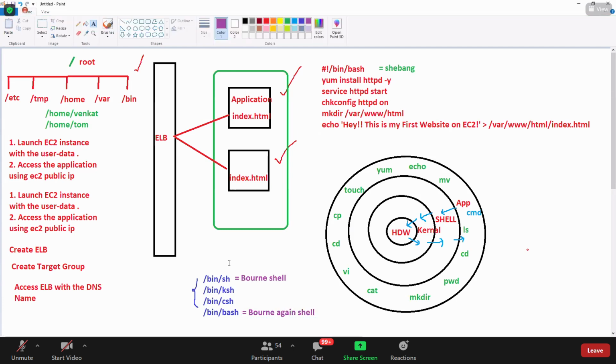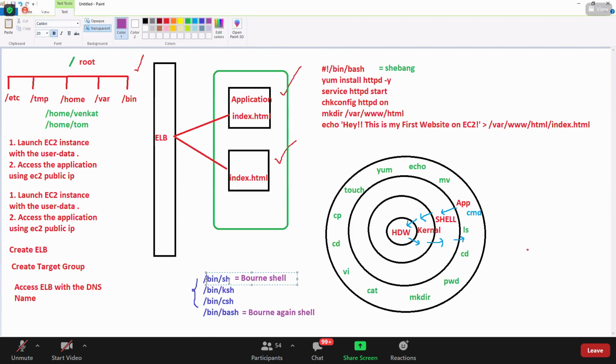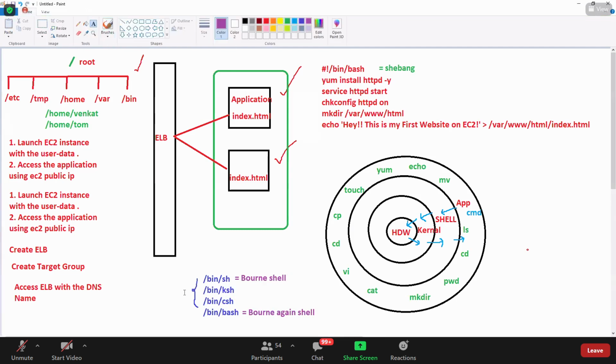If you ask me the differences between SH shell, K shell, C shell, etc., nothing. These are all the improvements, basically. In SH shell, you don't have a few features. In K shell, you have some features. In C shell, you have more features. In Bash shell, you have all the features usually needed nowadays. So the most common shell which is used is Bash shell. If you want to write a script, definitely we need to have this shell. We need to inform the shell, right?